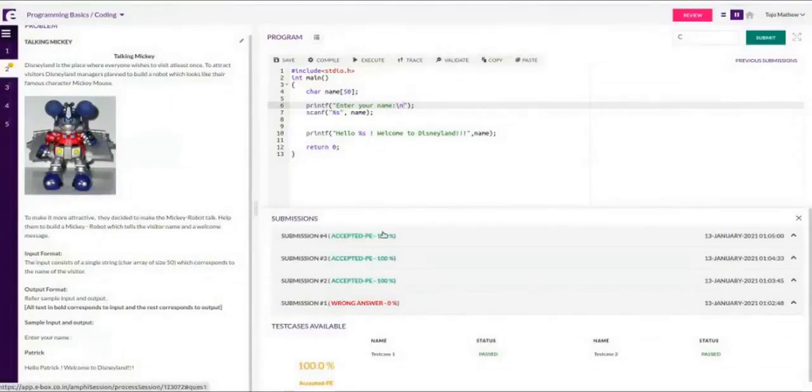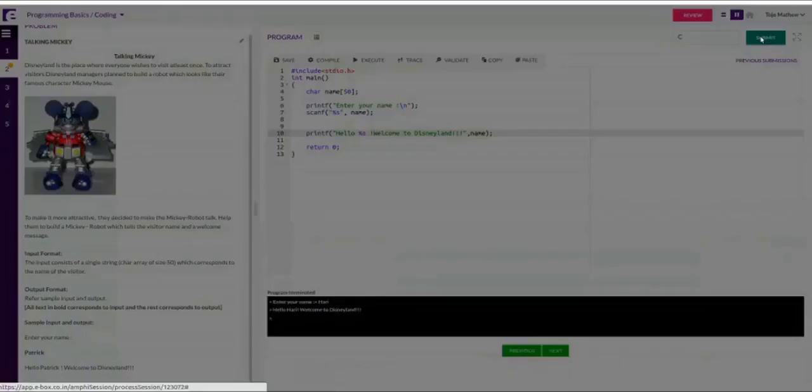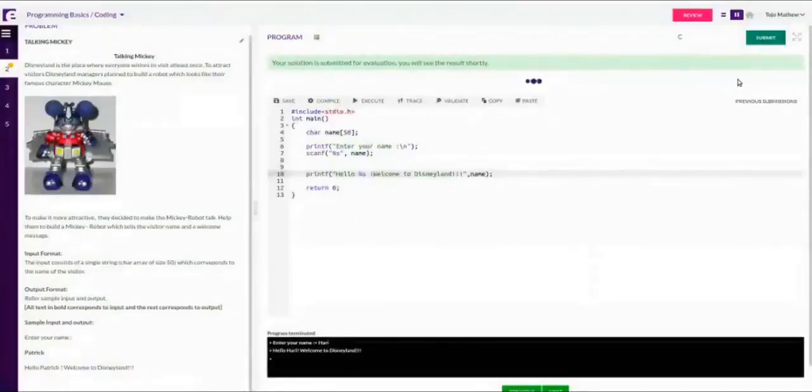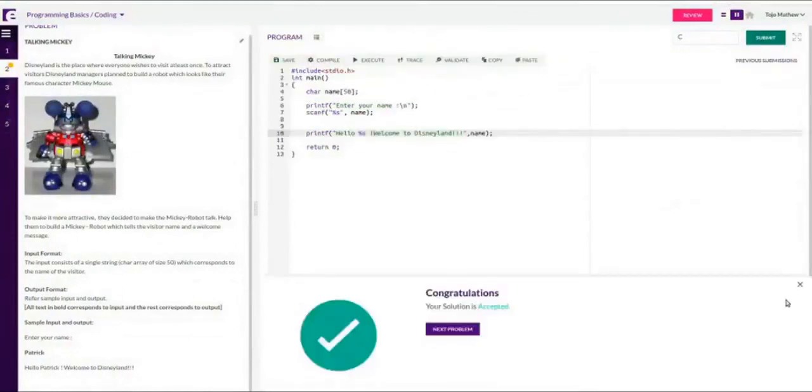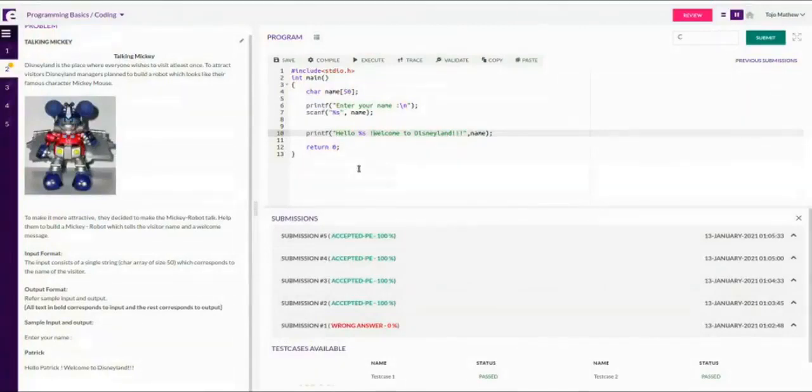You need a space after name, before the colon. Printf, enter your name and then a space. Sir, before the colon you need to put a space. The space was there, I removed it now. Maybe I'll remove this one and see. A space after the exclamation, I'll remove that. So somehow you can get it correct. Still your mark is not affected because of the presentation error if you get 100%.